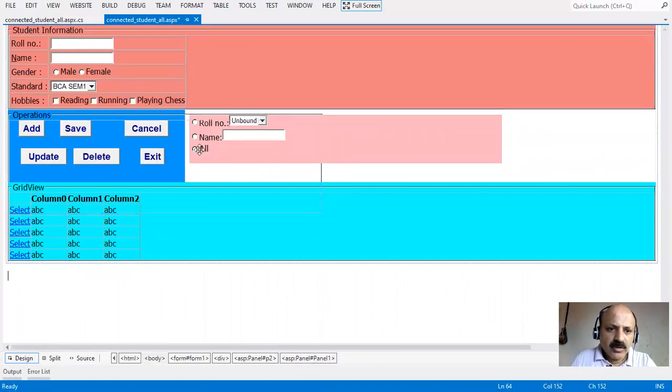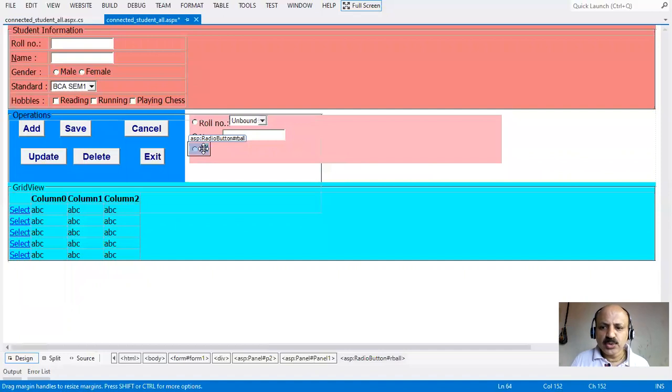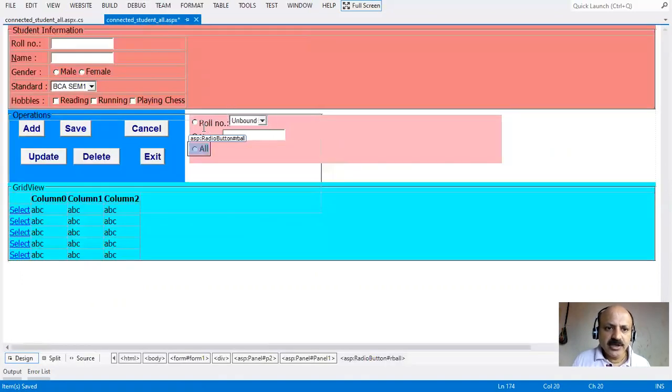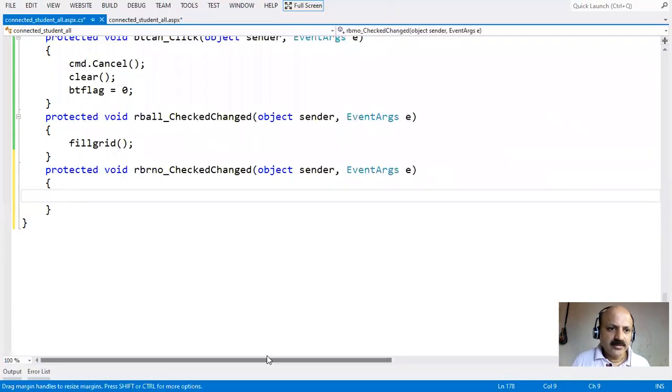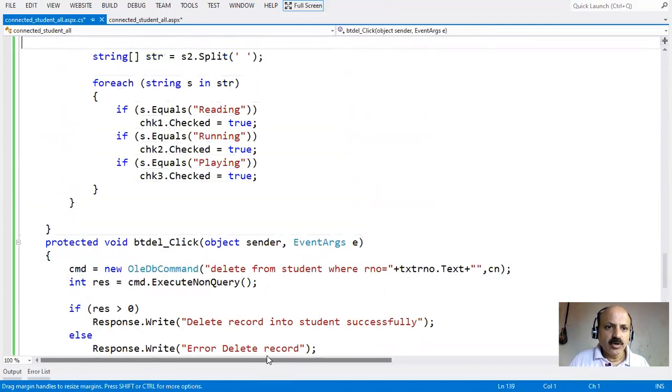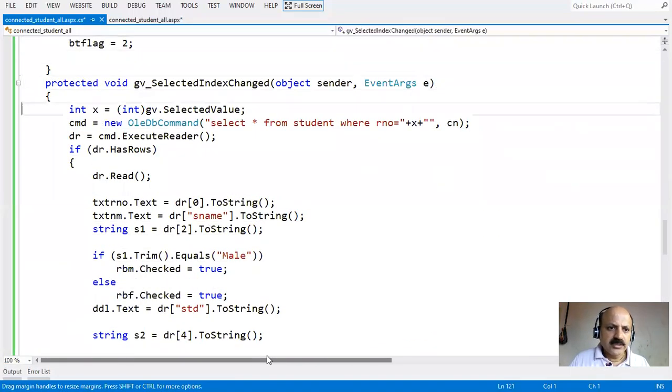Okay, now first we can select all and just call the grid, that is our here fill grid, all records are displayed. So the first one is completed, search all. Okay, now I can take that radio button we can fill, and then that logic we can apply, fill the radio button. So I just copy